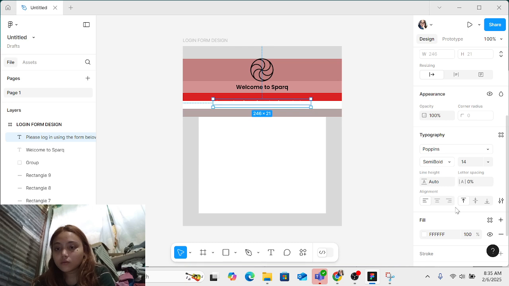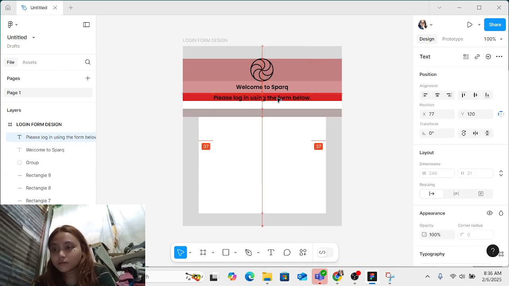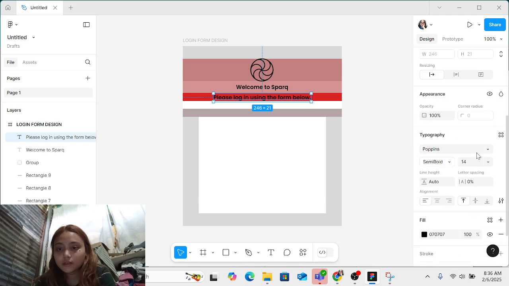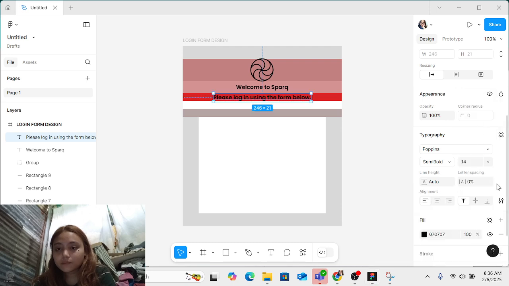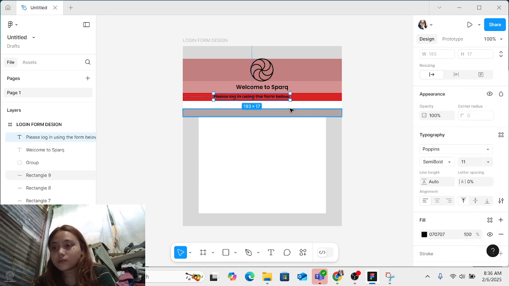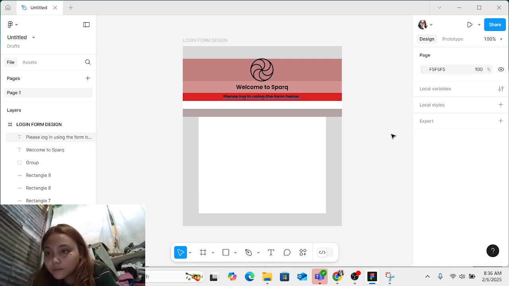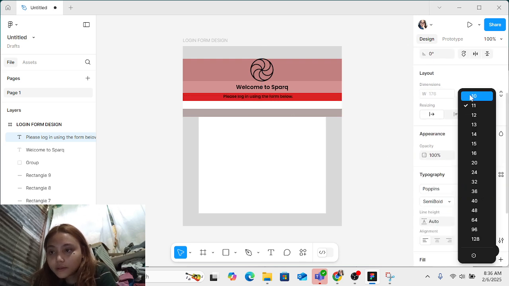So let's change the color to black since we cannot see it. Okay. So where is it? I'm gonna put it here. So here. It's too big for me, so let's put it at 10.